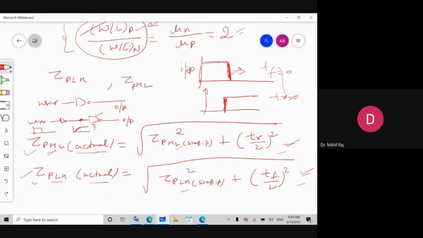So these are the design equations, and we have done them for the CMOS inverter. Similarly, we can do it for any resistive load or anything. And if you see, just inverter analysis is giving me such complex equations. So that's why we say in digital, if we do a perfect analysis of the inverter, we can replicate it to the other designs also, because with the inverter we can design other circuits.